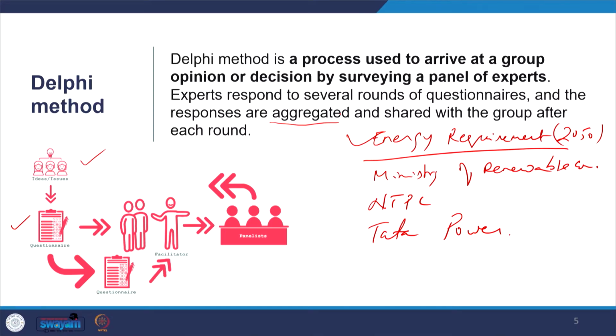So that whatever the people have responded, by understanding them, maybe a new question will emerge and they will again send it to those respondents, and these responses are aggregated. So, they are submitted and shared with the group after each round. So, there is round 1, let us say you collected the responses, and then after collecting the responses you felt